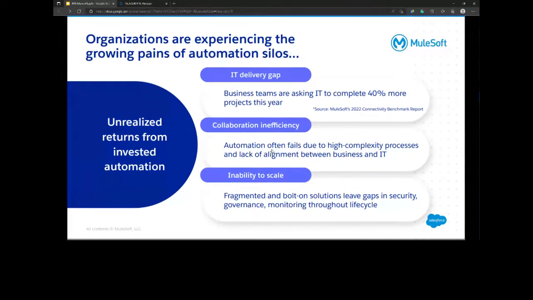Now there are multiple such processes which are still there. So if we automate one part, that doesn't mean that the whole chain is automated, right? So there is a lot of delivery gap in terms of how we are automating multiple processes at once, so that we can say that a process is completely automated, right?